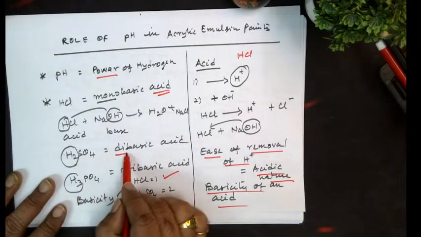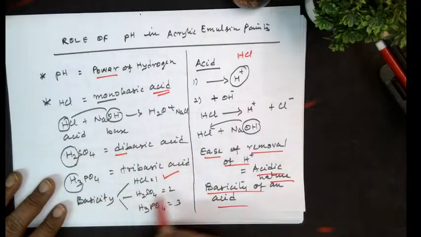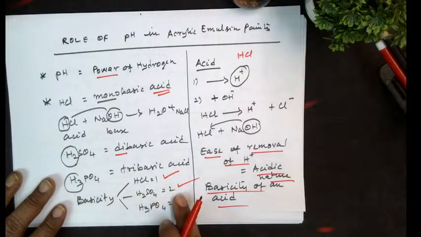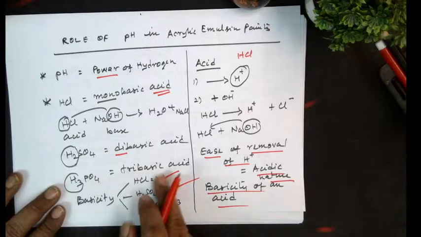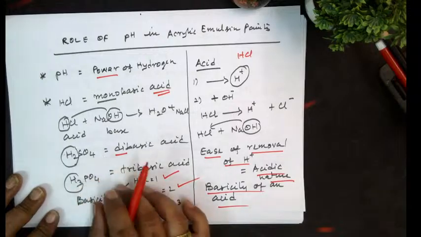This is dibasic because it has got 2 protons. It means it can accept 2 bases. So that is why it's called dibasic acid. So the basicity is 2. Similarly, tribasic acid, orthophosphoric acid. You may wonder, sir, why you are very particular about this pH,